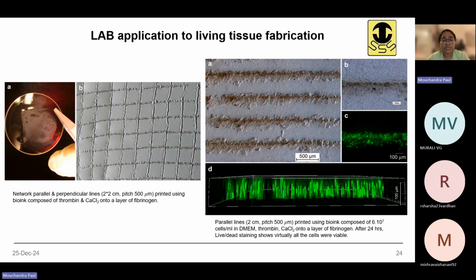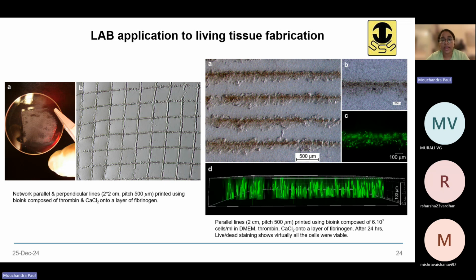Then they have also printed the same thing, with the same composition of the bioink, using cells in it now. So they are using 60 million cells with the same DMEM, thrombin and calcium chloride. They have changed the pattern slightly, meaning they are printing only parallel lines now, not perpendicular lines. And what they see is that after 24 hours, when they stain these cells with live and dead assay dyes,